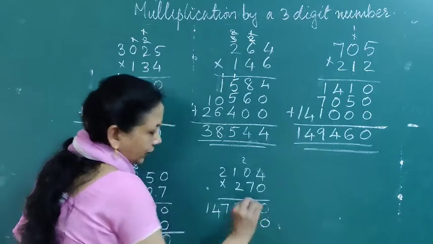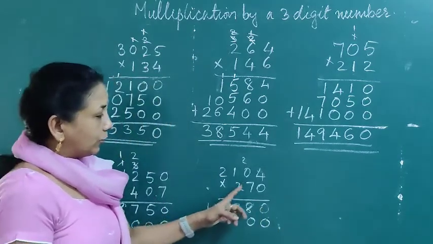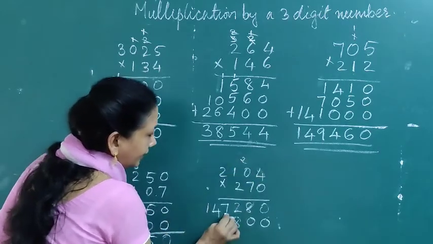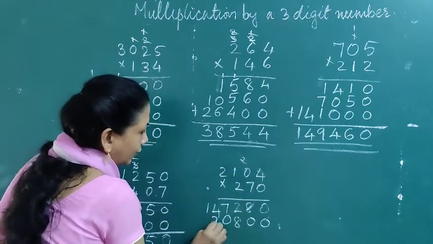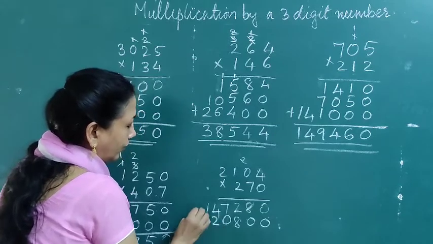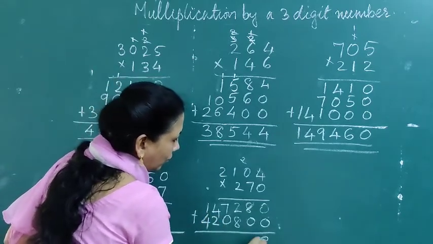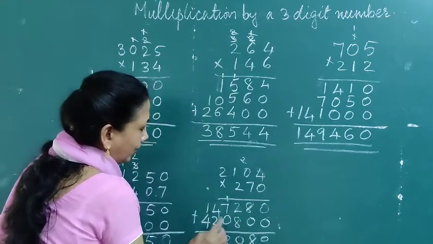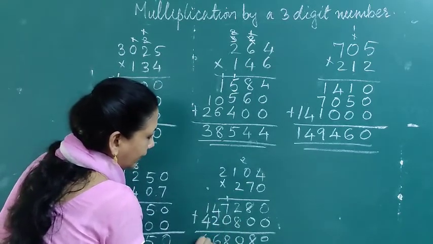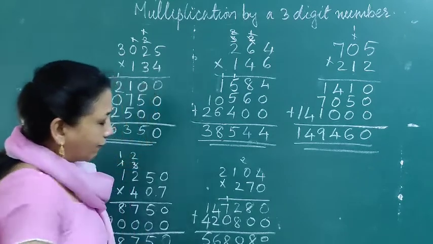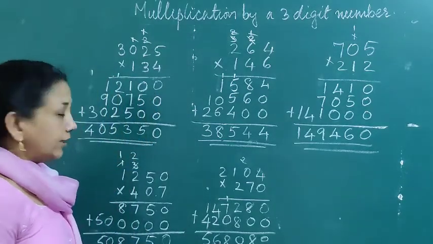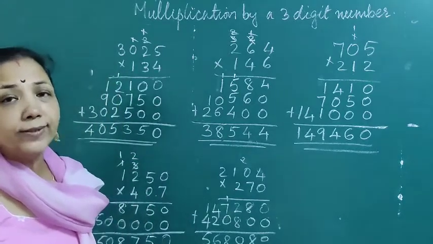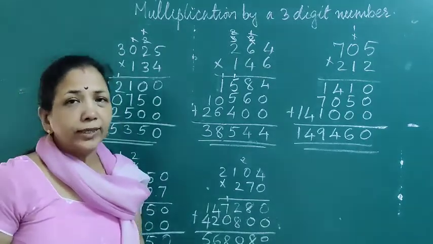So you add 2 zeros. Okay. Now 2 4 are 8. 2 0 is 0. 2 1 is 2. 2 2s are 14. Add 0, 8, 10, 8, 2 plus 4 6, 4 plus 1 5. So you are getting 5,68,080. Like this you multiply. With the 0 1 you do more sums, then it will be easy for you. Thank you.